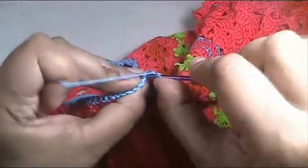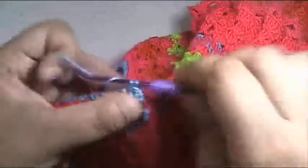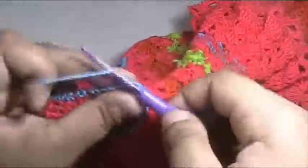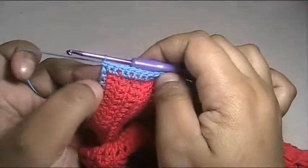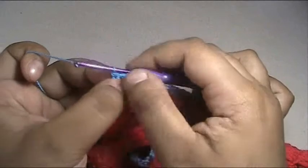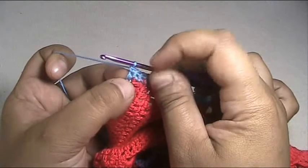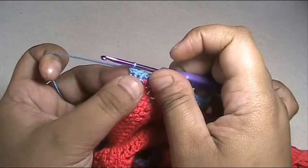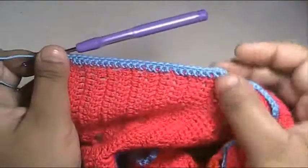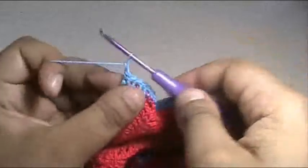So go to the next one and make a single crochet, and into the next, and into the next, and so on till the corner here. I reach the end of the row, and I made a single crochet in the first single crochet of the increase stitches. Okay, then I'm going to form the holes now. So chain 1 and turn